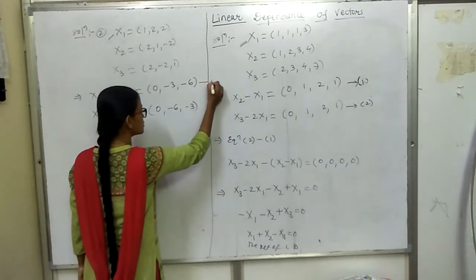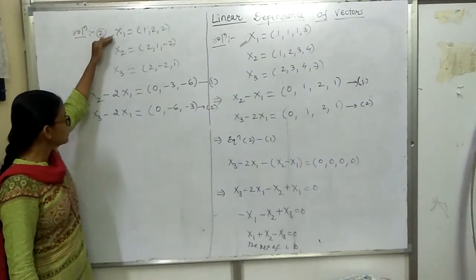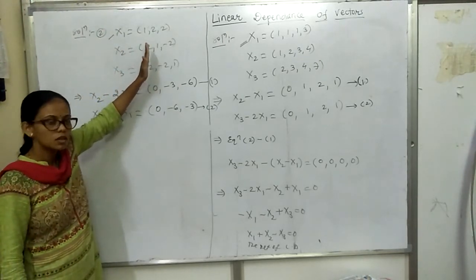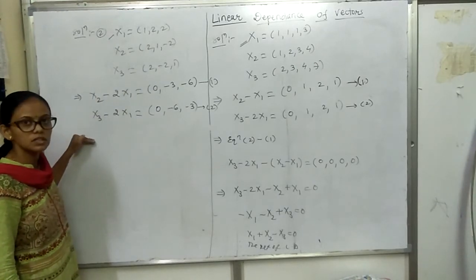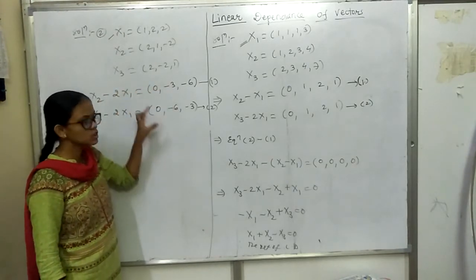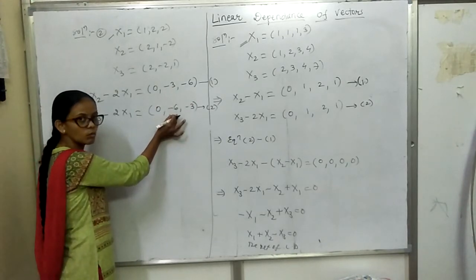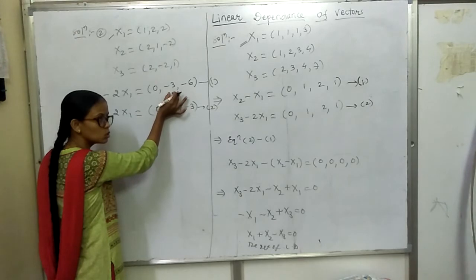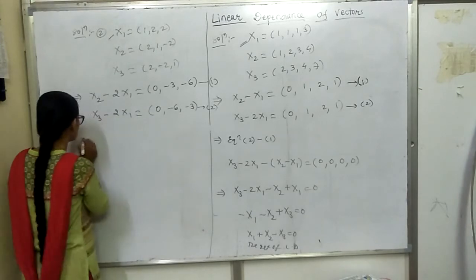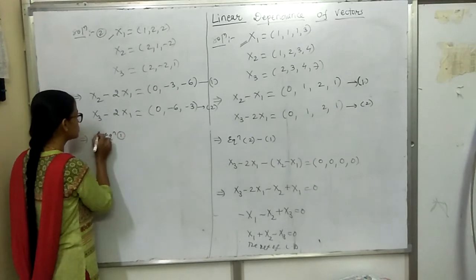Now similarly give these as equation number 1 and second as 2. If you see here, initially we have given 3 sets of vectors. After applying transformation to make first component 0, we are getting 2 resultant vectors. Now next is to make the second component of these two vectors 0. So if you see here second component, here it is minus 3 and corresponding is minus 6. So we have to multiply this equation 1 by 2 to get the same element, and then having same sign, so subtract.